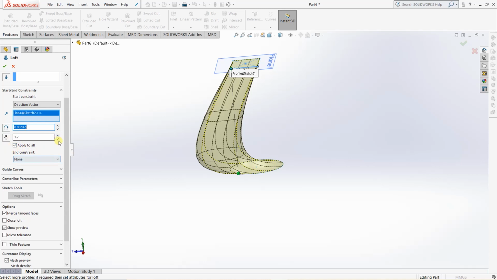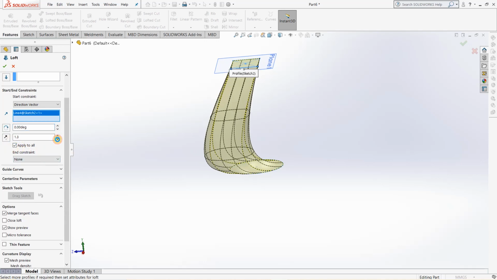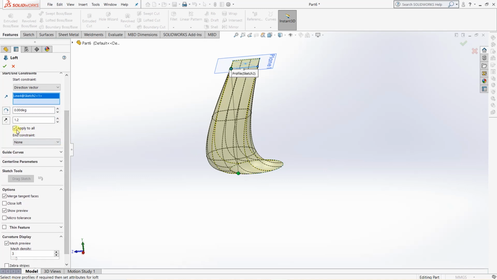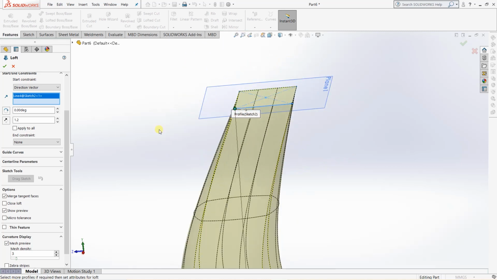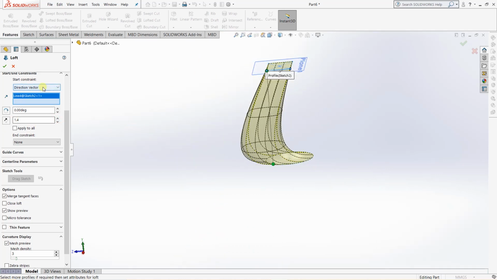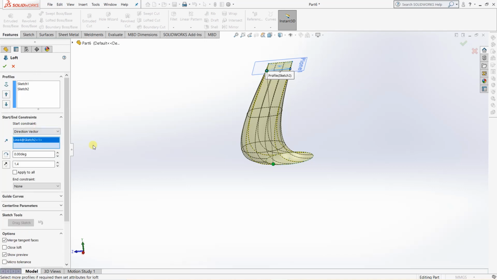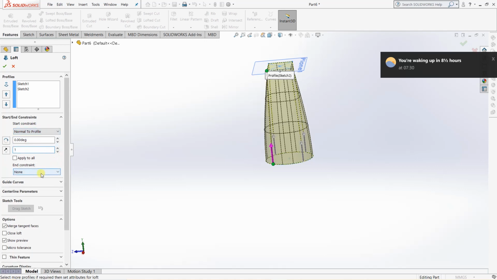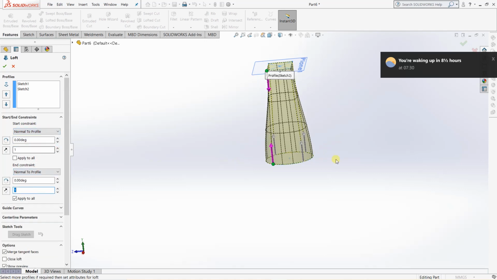And one more thing remaining in the loft command is this apply to all checkbox. If you uncheck this, let's go to normal to profile, and here also normal to profile. We have unchecked the checkbox here.